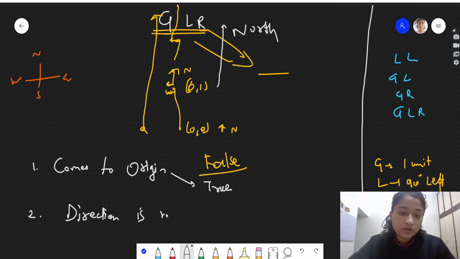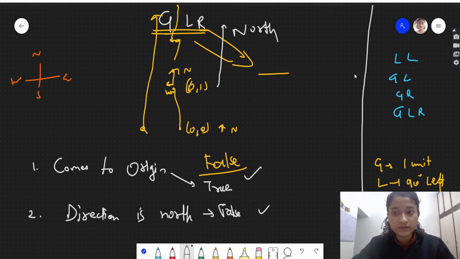So if the direction is north, in that case the answer will be false. So these are the two conditions which we understood from these test cases. In order to get the answer true, either the robot comes to origin or the direction is not north.